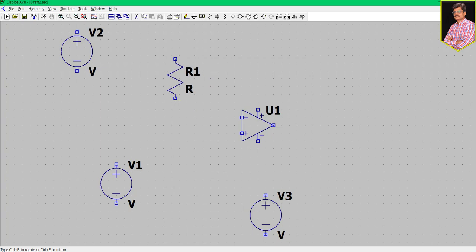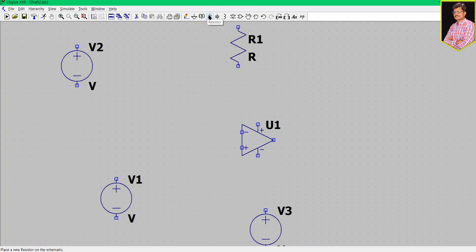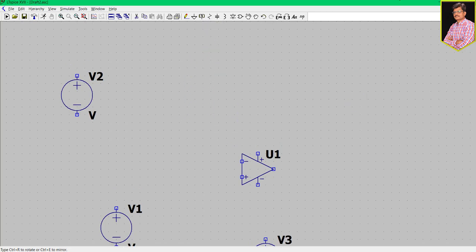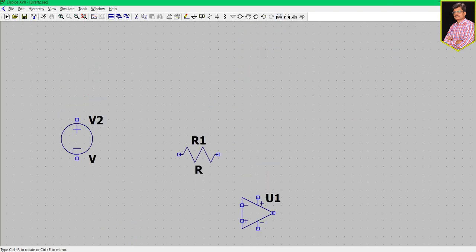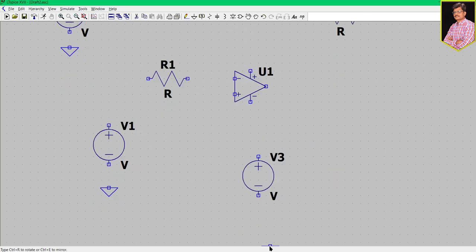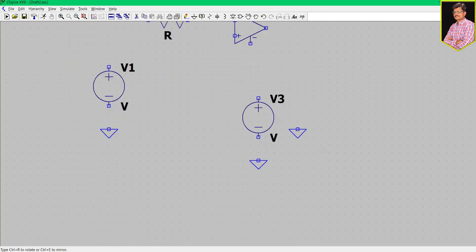Now search for the resistance, and it will also be available in the ready toolbox at the top. Now you'll get the resistance, of course, in the vertical direction. You can rotate it by using the rotate option, which I am showing now. Right, if you practice it, you will get it. Put the resistances in different places, and if you don't want more, press escape. Now I would like to have ground, so I am taking the ground from the top menu bar.